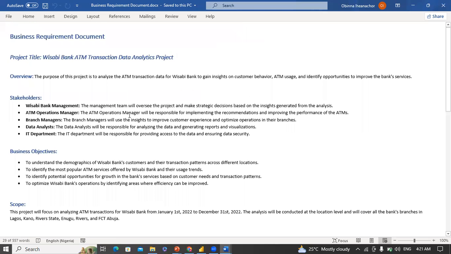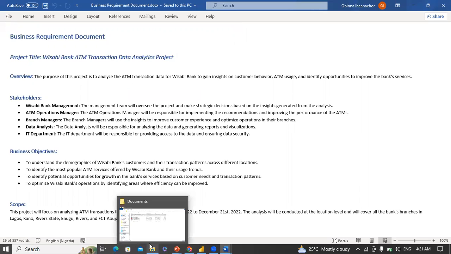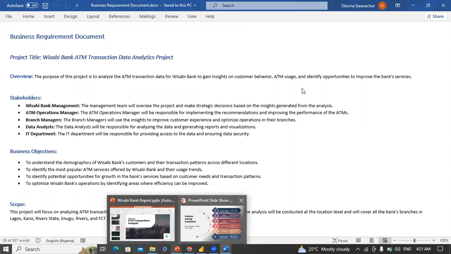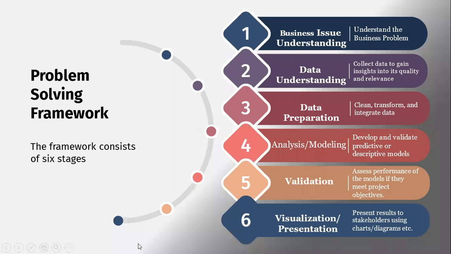But this is also self-explanatory. You can go to it in detail if you want to. So this gives us an understanding of the business requirements, right? So I have an understanding of the business and what I'm trying to achieve for this project. The next step is data understanding. So for this,